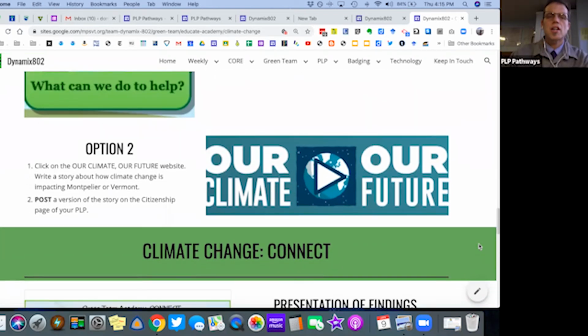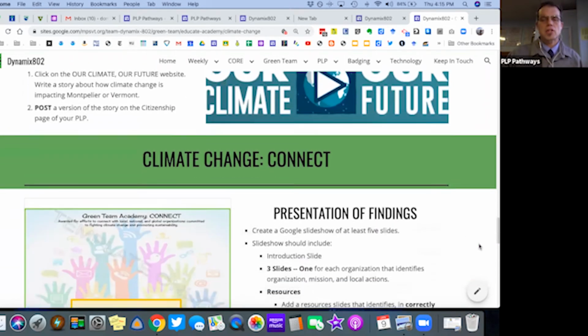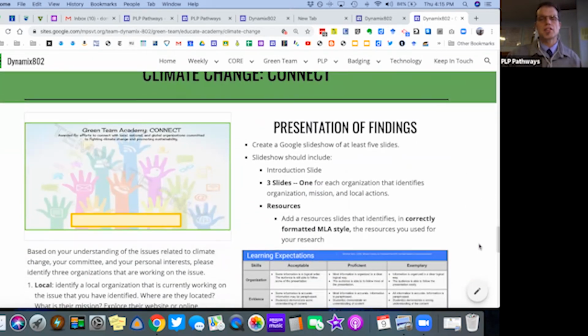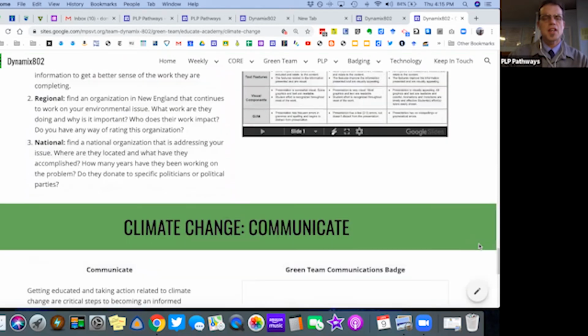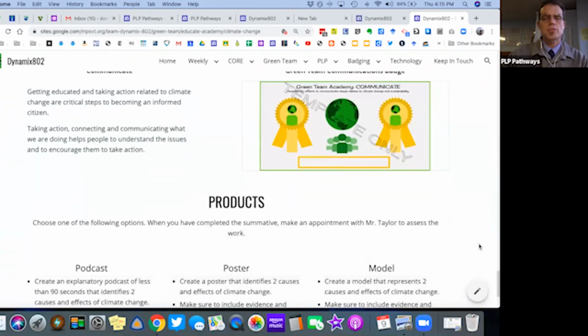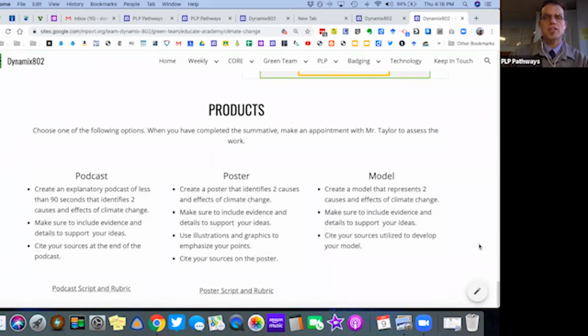If they are, and I assess this with them, then they get the badge. I'm not going to go through all of these, but you'll see here are the criteria for the connect. And then here is the criteria for the communicate, where they have different products that they can produce to demonstrate their learning. So at the end of the day, what I've done here is I've created a system where